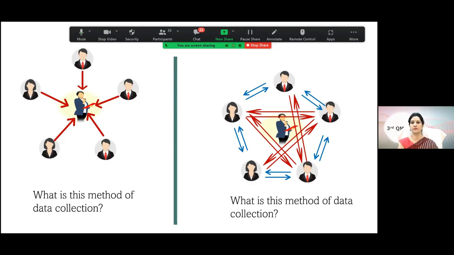Key informant, FGD, interview. Purnima is writing. Ashwini wrote the first response. Okay, interview and FGD. One-to-one and FGD. So basically the first one is the group interview. In a group interview, like in this case, the one person, the moderator, is talking to all the members in the group individually, but the members are not talking to each other. That is the group interview. And the second one is FGD, you are right.